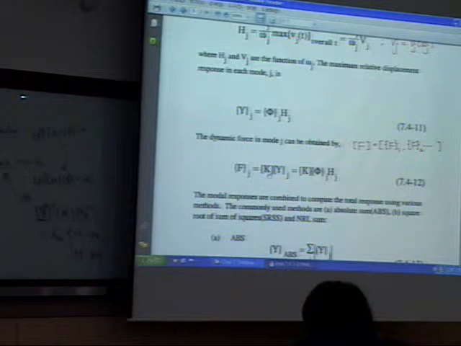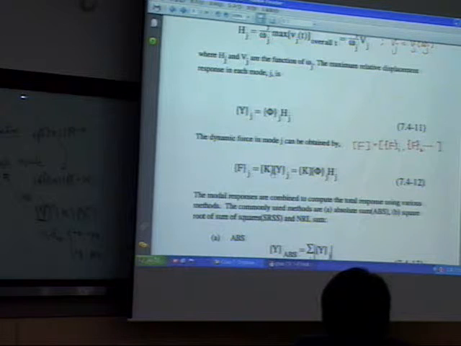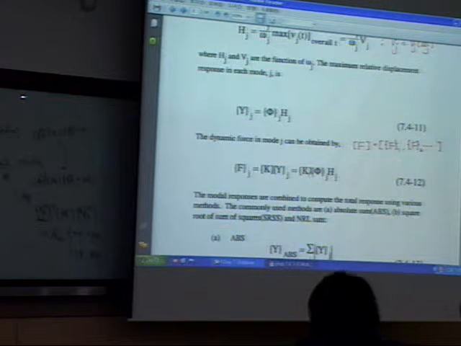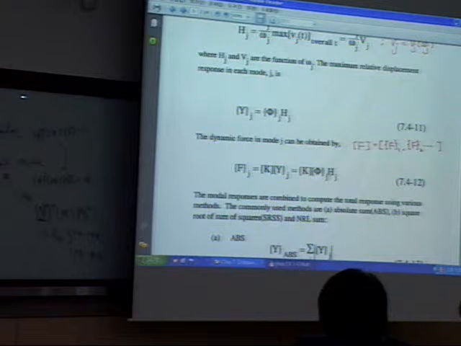This is now the inertial force, but with no time concept, because you are dealing with a max. So k y, this is like you can call dynamic loading in a static manner. So it's equal to k phi j h. So this is a mode,